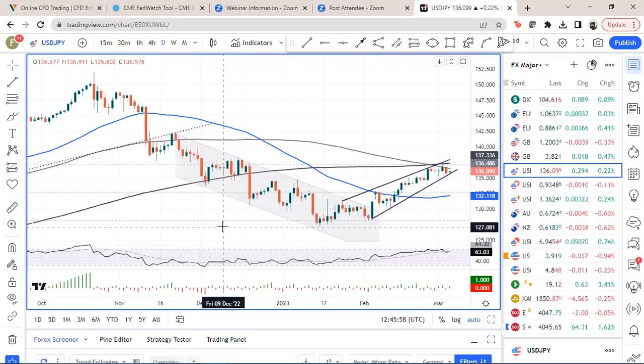Ueda obviously has been named as the nominated successor. He doesn't really seem to be in a rush to normalize policy. He's noted recently current policy is appropriate. Japan still needs more time for inflation to sustainably hit the 2% target. He also stated recently it's appropriate to continue monetary easing from now on, and suggested that the Bank of Japan would either need to move towards normalization or must consider ways to maintain the yield curve control, depending on whether inflation significantly improves or not. All pretty logical, really, but not in a rush to change, you would think.